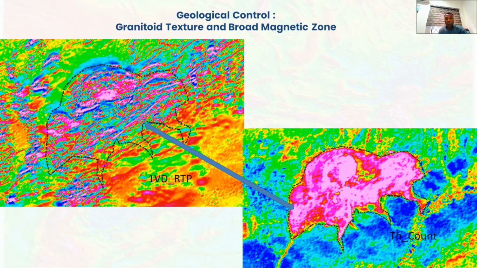So if you look at this, it is a kind of granitoid texture and a broad magnetic zone. Geological control. If you look at this, here is the first vertical derivative of RTP. We try to merge with other kinds of data. This is a thorium count, and we are able to show this. I will show you